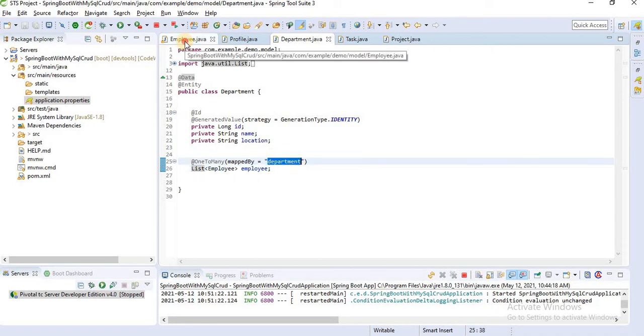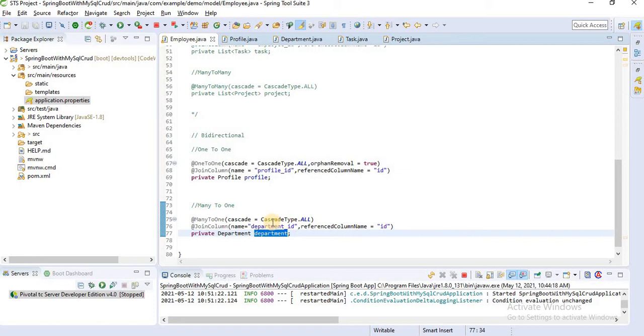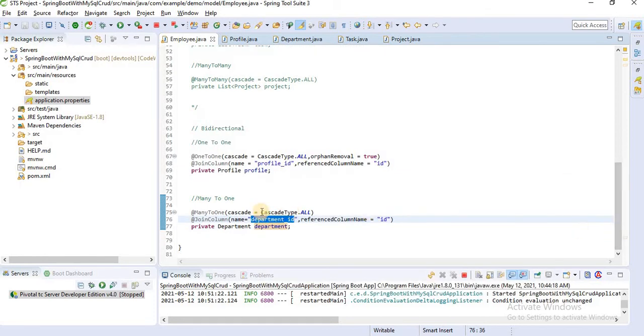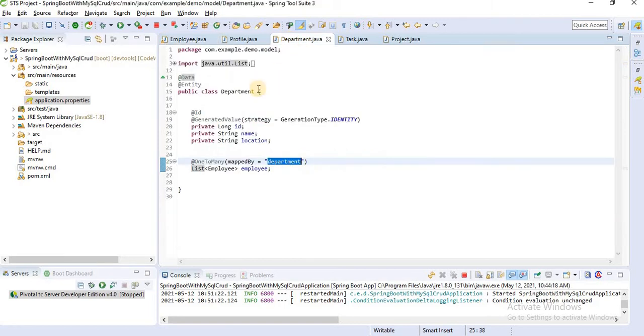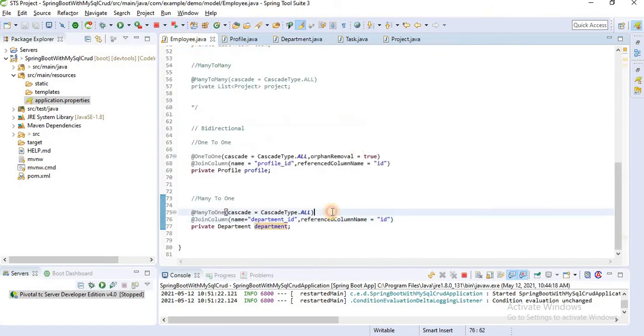That means employee is responsible for holding the department ID. Here we define department ID, create a new column department ID, and the reference column is the ID. That ID should be the same here. Let's save.